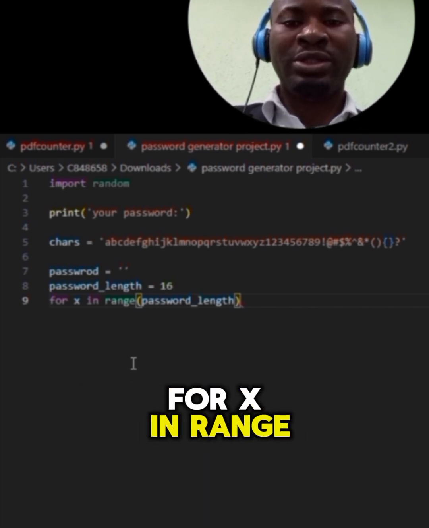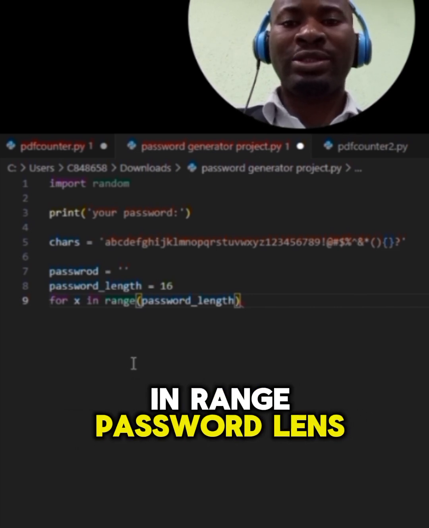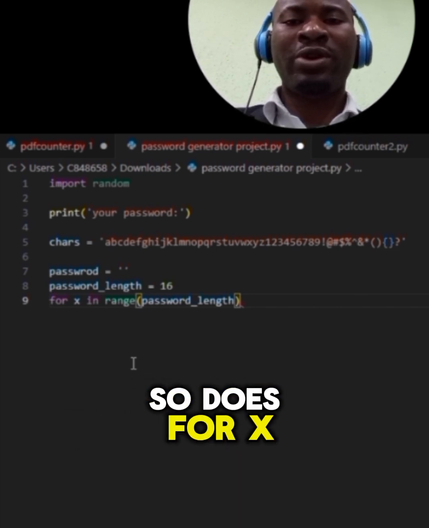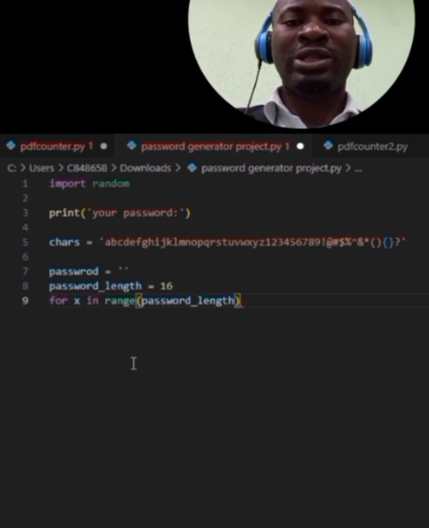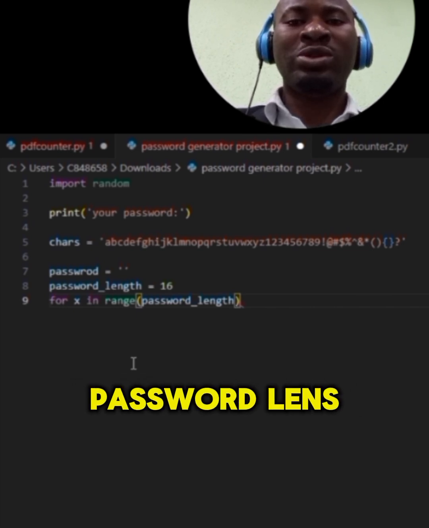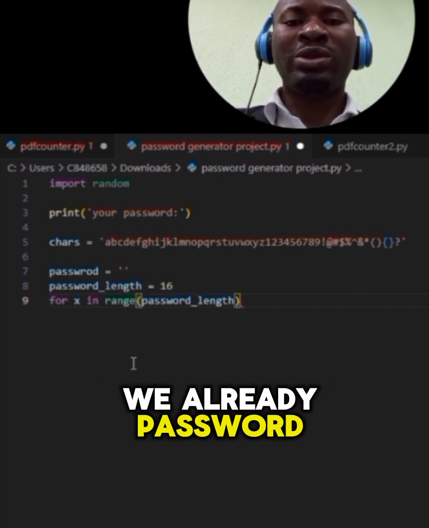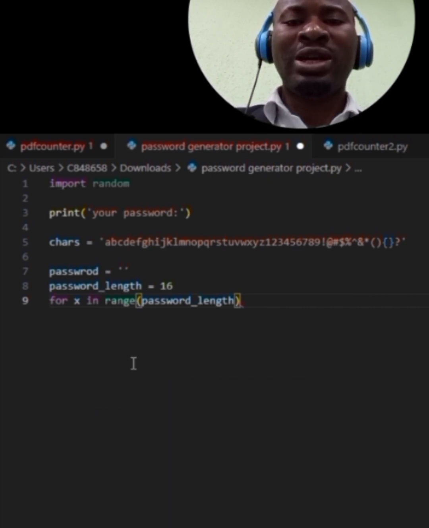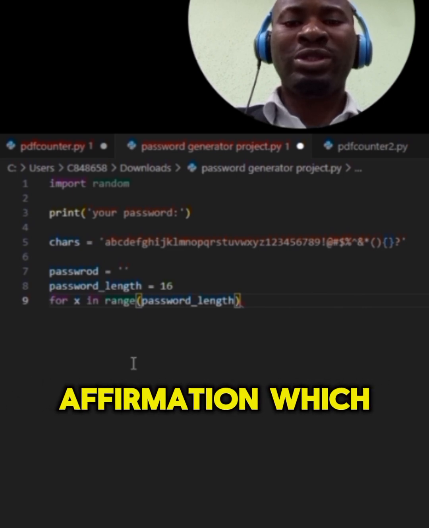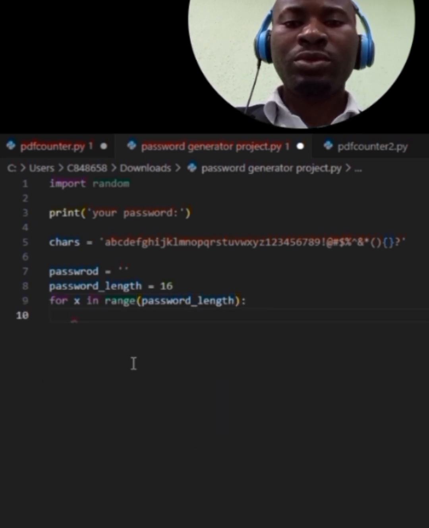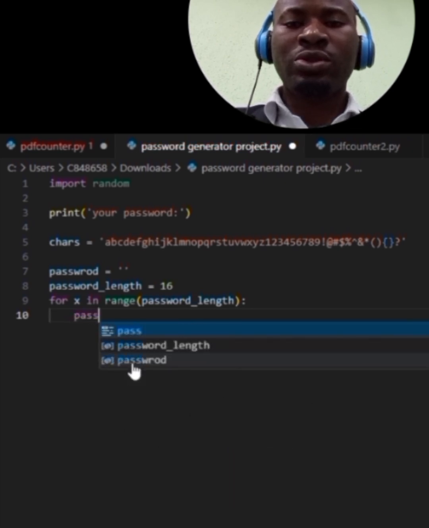So for x in range password length, right? That's for x in that range, and then pick 16. The password length is what we have already aforementioned, which is 16, right? So I move to the next line. So the password,